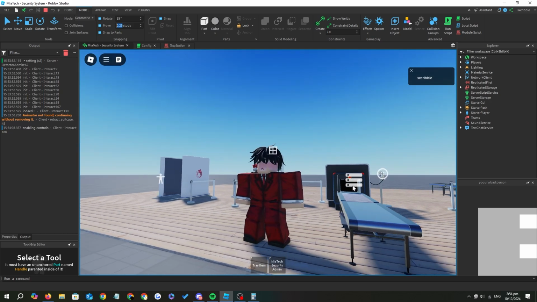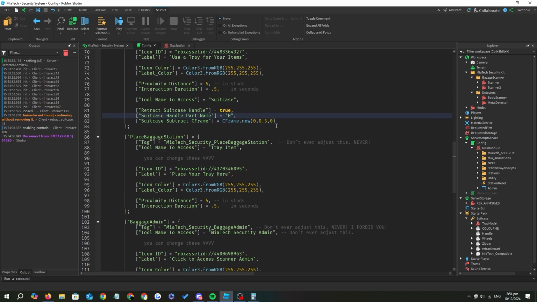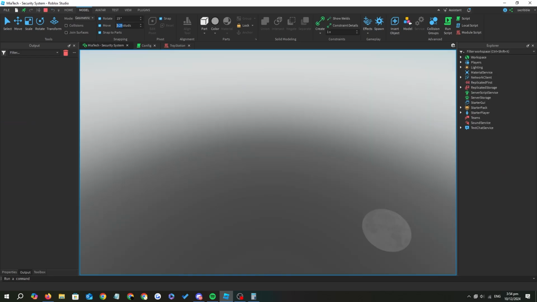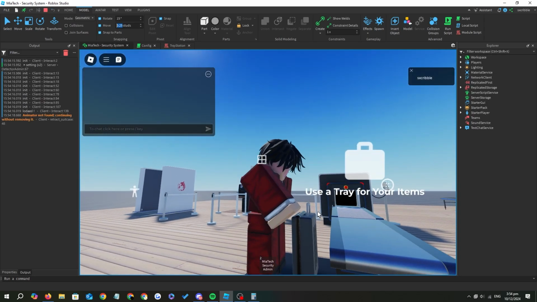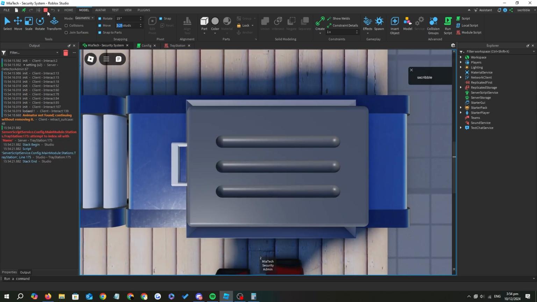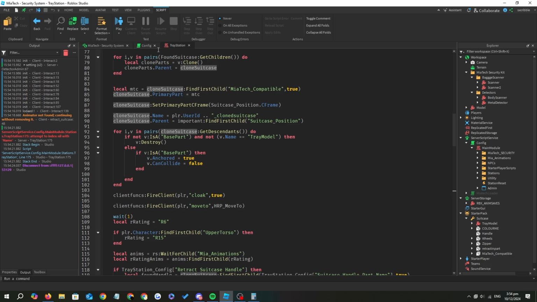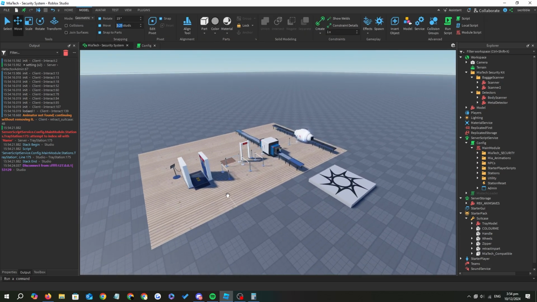Oh, dude, I know the problem. Sorry. This is the reason why you don't make a retracting part the handle, called the handle. Because look, if you make it the handle, it's gonna disappear. That's why it bugs out. Look at this. If I put it on, it's gonna error. Yeah, I get it now. In no circumstances, never ever make a